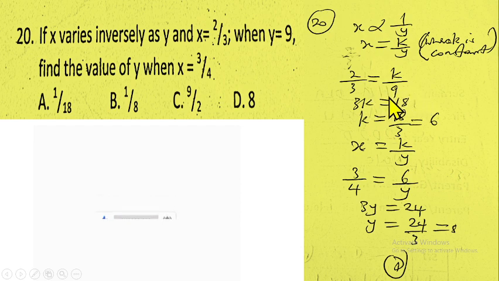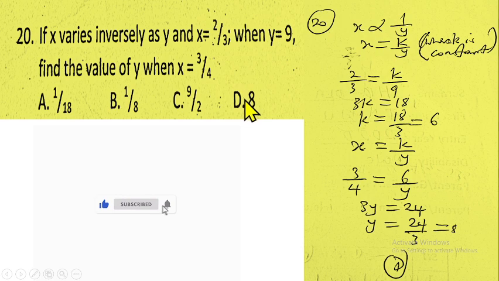If you cross multiply, we have 3 times k will give us 3k, then 2 times 9 gives us 18. Then from there, we can divide both sides by 3. So k will be 18 over 3, and that gives us 6. So from there, if our k is 6, we have to find the value of y when s is